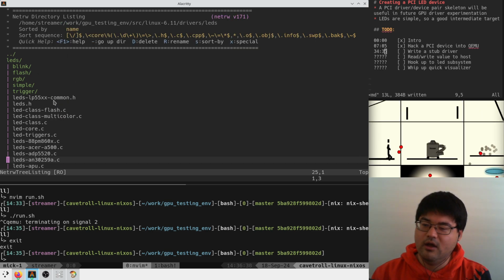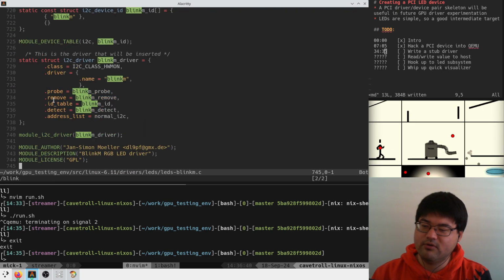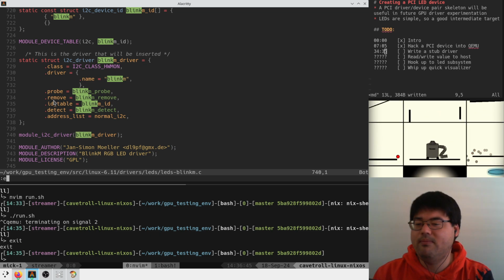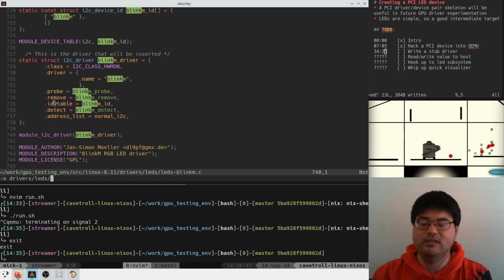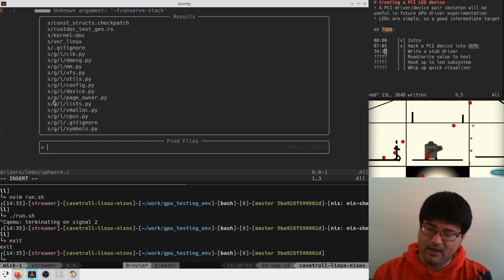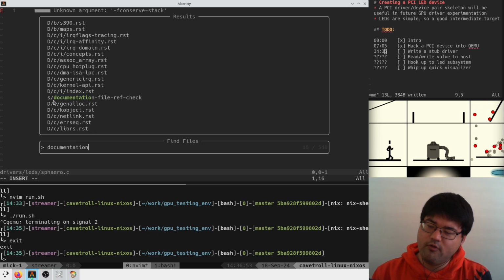I think I was looking at the BlinkM driver earlier. This is an I2C driver, but it lives in the LEDs folder. So maybe we can have drivers/leds/sphero.c. And I was looking before stream at the documentation for